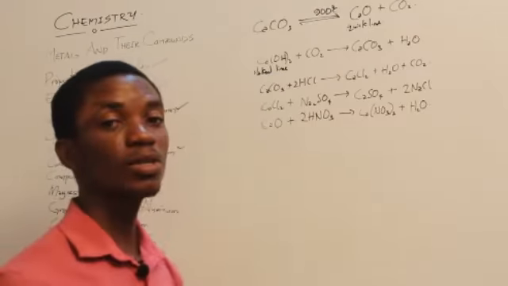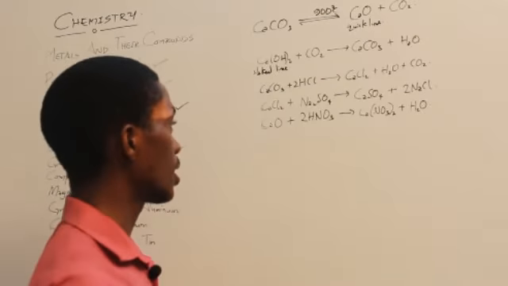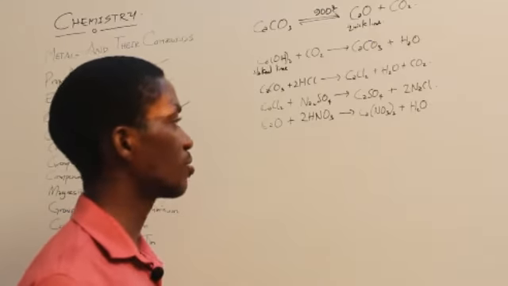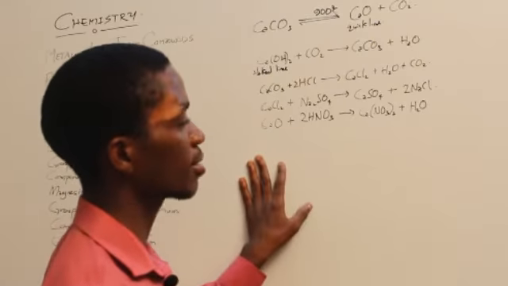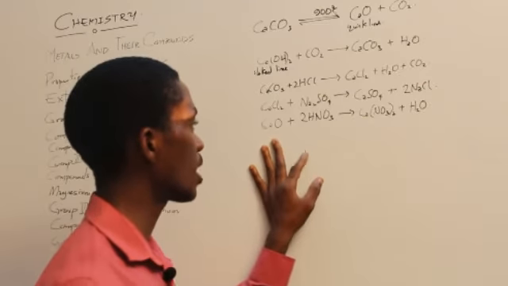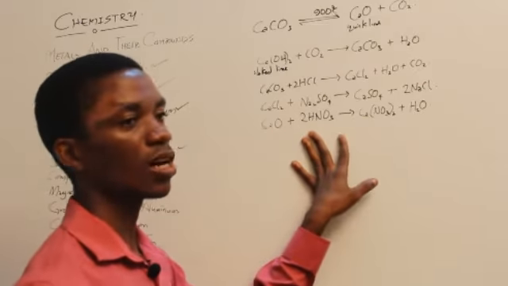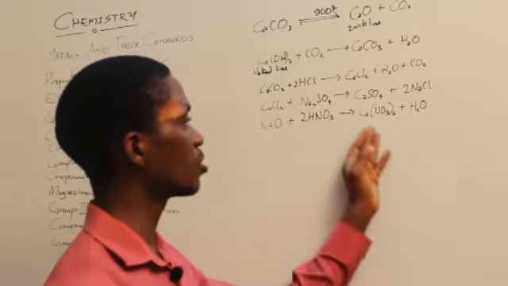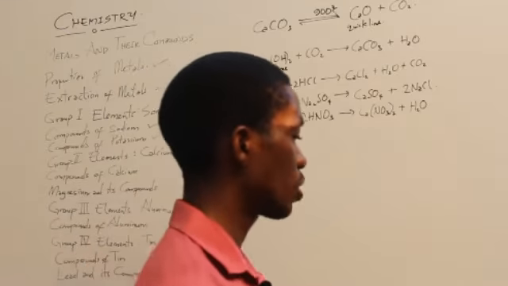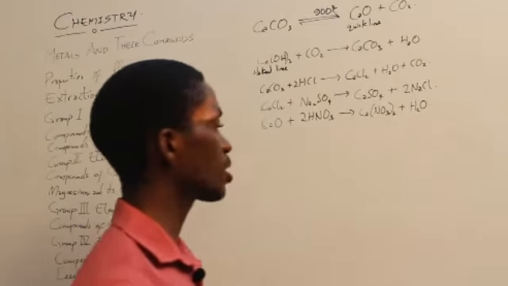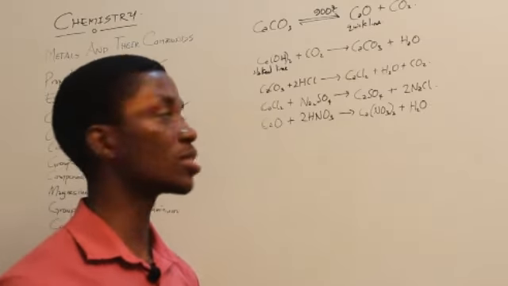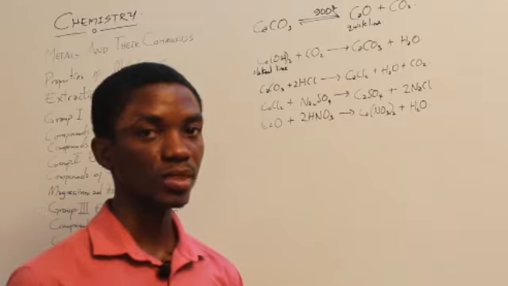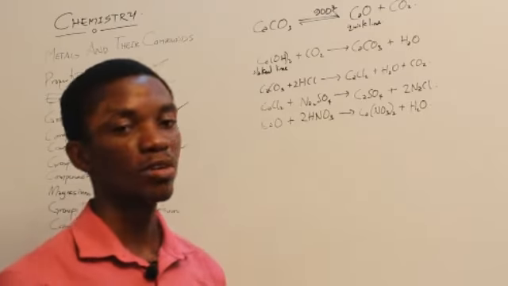Okay, let's quickly look at calcium nitrate. That is calcium trioxonitrate 5. The calcium trioxonitrate 5 can be produced by reacting calcium oxide with trioxonitrate 5 acid, and that will produce calcium trioxonitrate 5 with water. Now, calcium trioxonitrate 5 can be mixed with slaked lime to form a fertilizer.